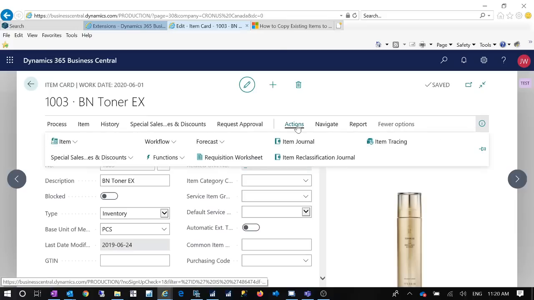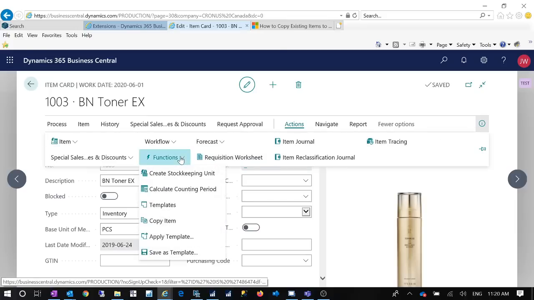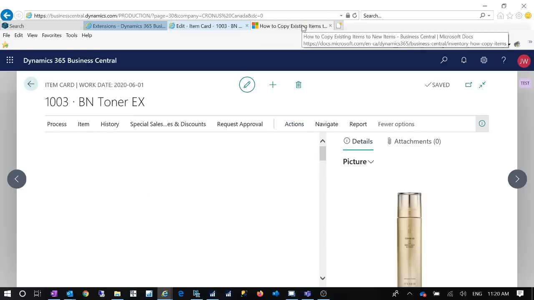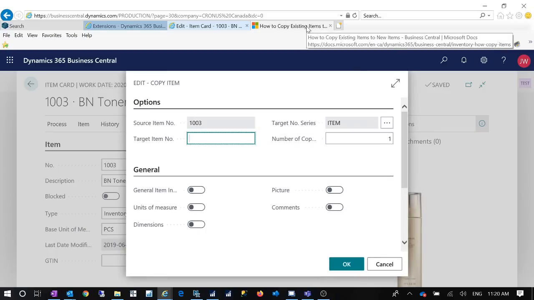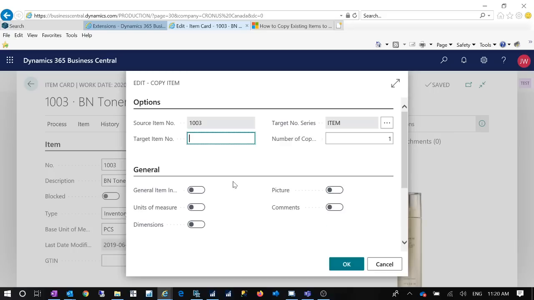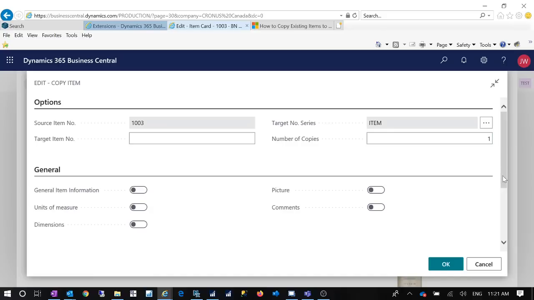So in order to copy the items, you go to Actions, Functions on the item card, and you go to Copy Item. According to the Microsoft published notes, which were only updated in April, it means this is available in April. Which means previously, if you had this functionality, maybe you're on a different Business Central version, not the North American version, or maybe you're using that extension published by Back Consulting. It's not by Microsoft. So in this version 16, this functionality is available from Microsoft, and you can choose a